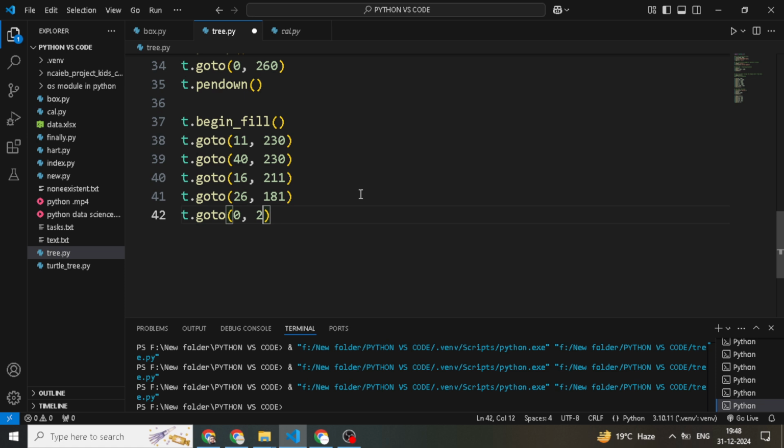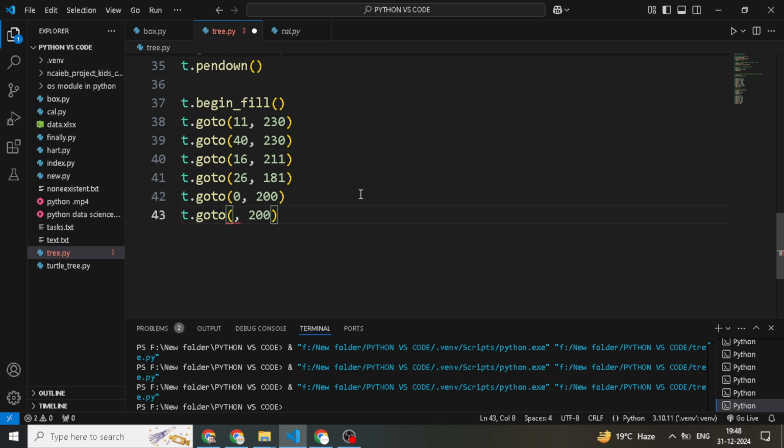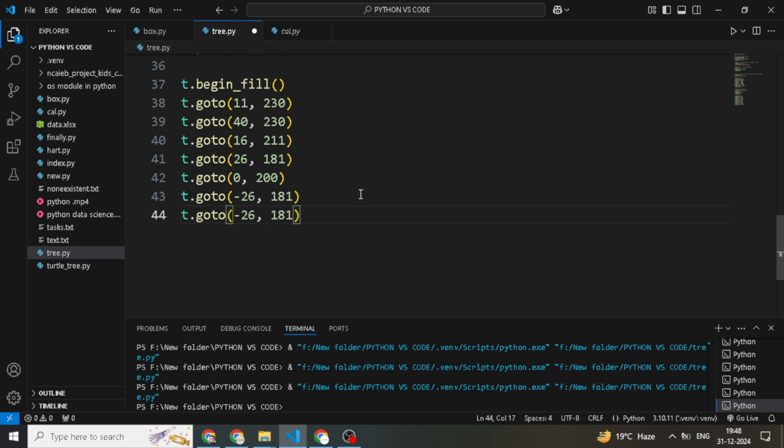Okay, 200 is the y-axis. Now -26, -181, and -16, -181. This time only minus 211.